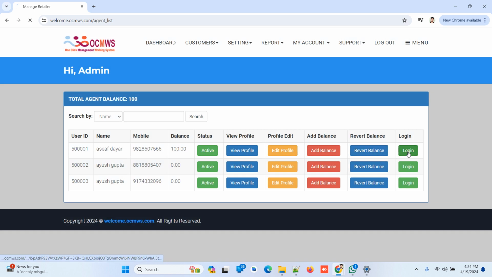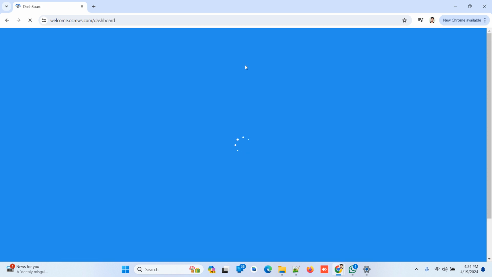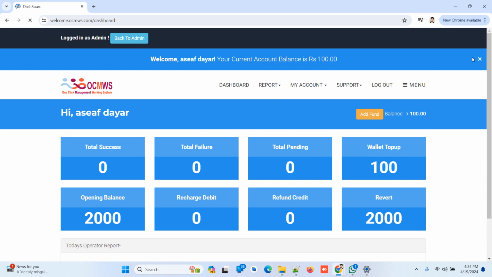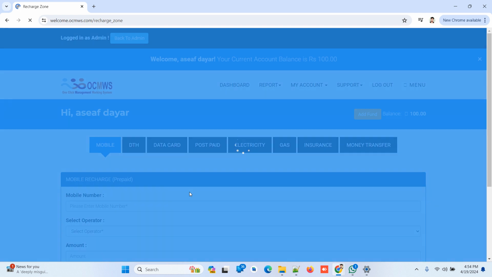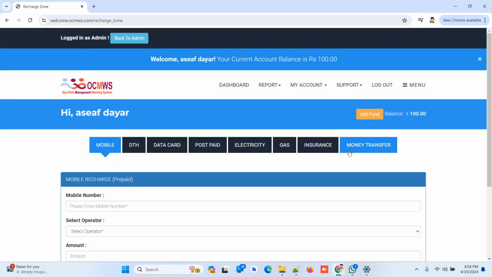Now I will show you the user panel. Here is the user panel, and now you can do mobile recharge. We have 6 options inside here, and in the future we can add APS settings, and a DMT service, like a money transfer service. You can use mobile, DTH, data card, postpaid, electricity, gas, insurance, and money transfers.